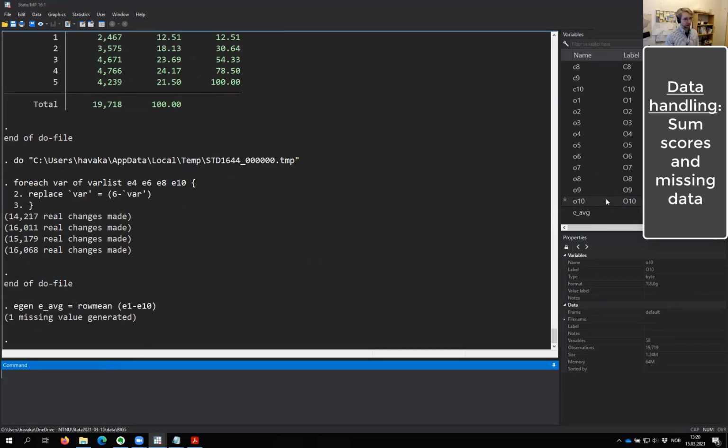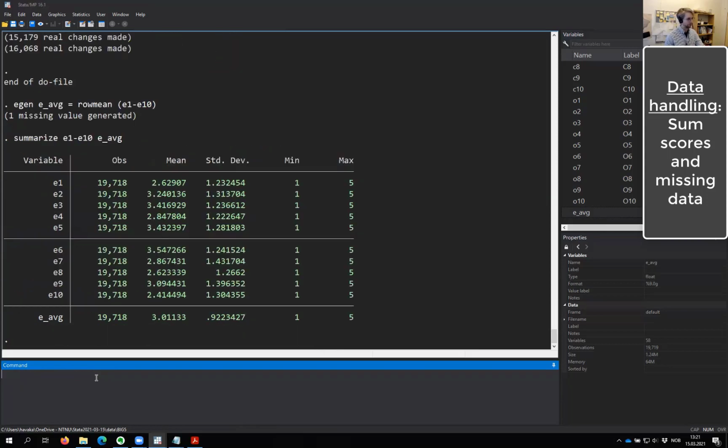And then we get a new variable at the bottom here. And let's take a look at how it looks. I'm just going to summarize it along with E1 to E10 and also e_average. I'm summarizing all the E items in addition to the newly created variable. And we see down here,